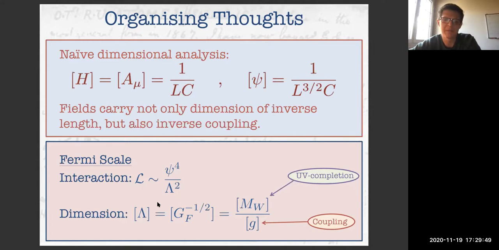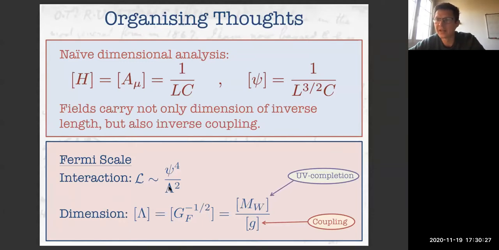I'm sure you all know this, by the way, but I'm just making sure I've discussed it for the following slides. Take, for instance, the Fermi interaction. We have some 4 fermion interaction divided by some scale in the denominator, but that scale actually has to have dimensions of mass divided by coupling. You can see this just by dimensional analysis alone. And what that means is that that scale in the denominator is not the scale of new physics or of the electroweak physics. Unless there's some extraordinary coincidence, there's no pole or branch cut at that scale, which determines where the new physics comes in.